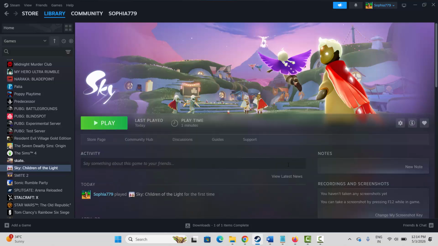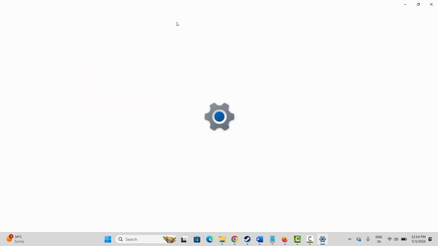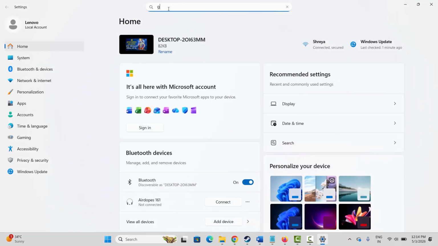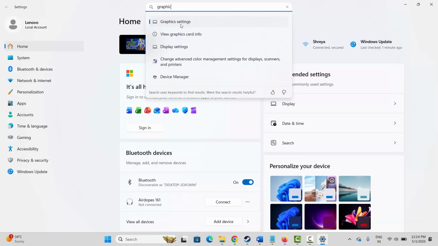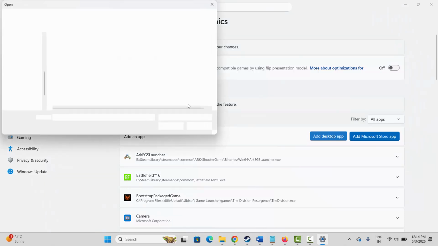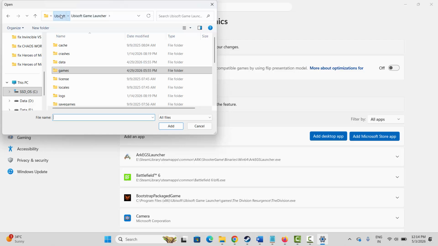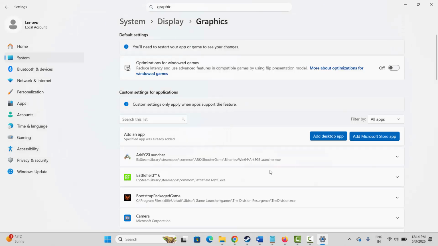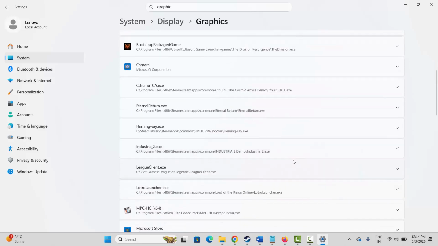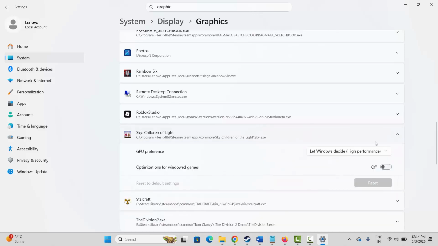If not, next is to run the game on the dedicated graphics card. For that go to the Windows search for settings. After that search for graphics settings. Now add your game to the list. For that click on add a desktop app. After that go to the game folder, select the game application and add it to the list. Now after you add your game to the list, select it, click on the arrow icon. Under GPU preference select high performance and after that try to launch the game and check if